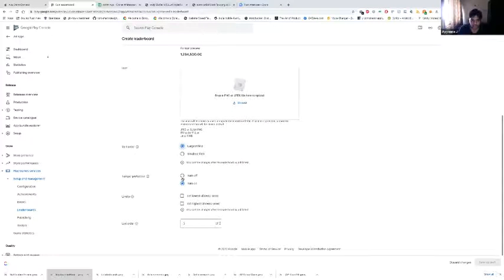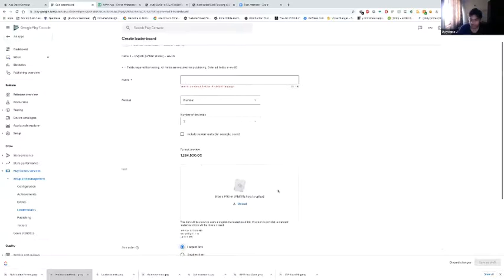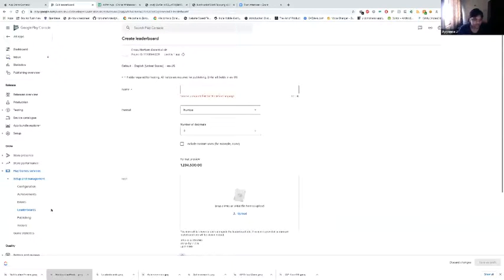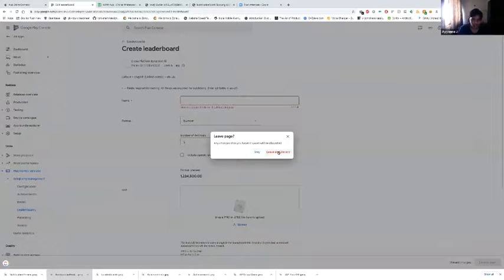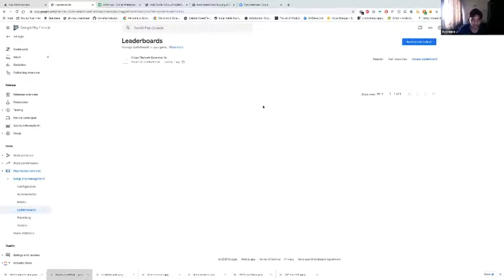Tampering protection basically helps Google decide whether it needs to monitor a particular leaderboard or not. You might have seen many players suddenly jump from one score to another by hacking the system. These things can be stopped by Google if you turn it on. Once you're done, just save the leaderboard, and as usual you will get an ID. This ID is required to refer to it from the game.